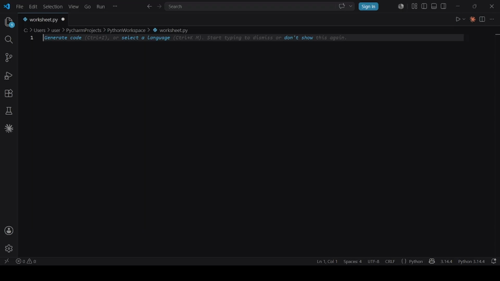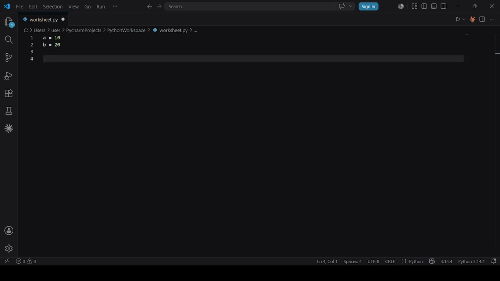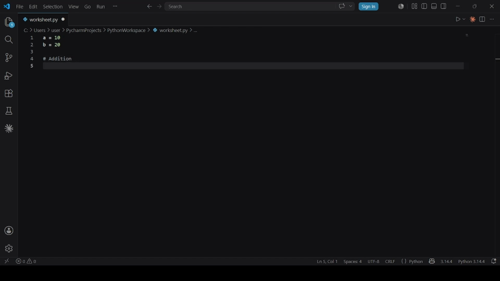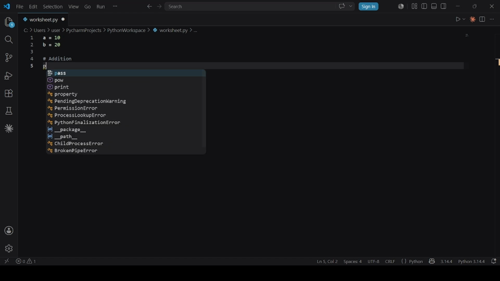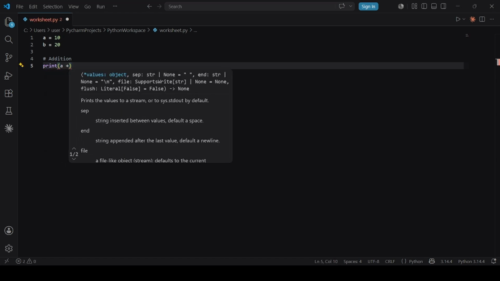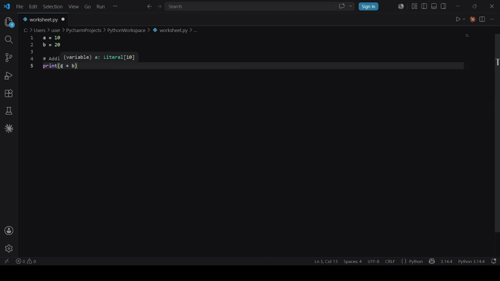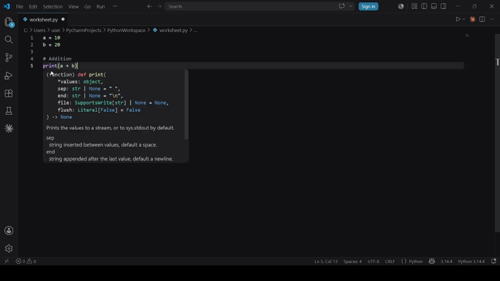Okay, so for the purpose of this lesson, we are going to create two variables, a equals 10 and b equals 20. So now I have two variables, a and b. I want to perform basic arithmetic operations. Addition. To perform addition, I just say print a plus b. Now, print a plus b simply means compute a plus b and then display the resulting value